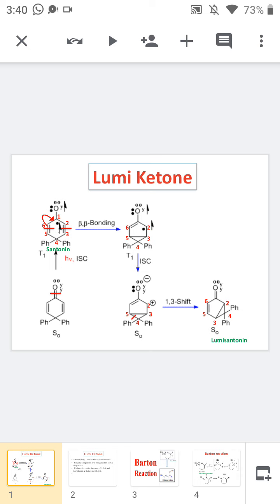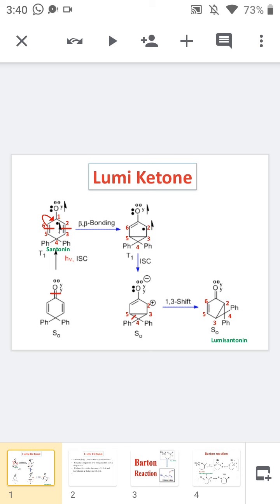After that, the pi bond at the fifth and sixth positions, the C=C between C5 and C6, is homolytically cleaved to form a radical at the fifth and sixth positions,